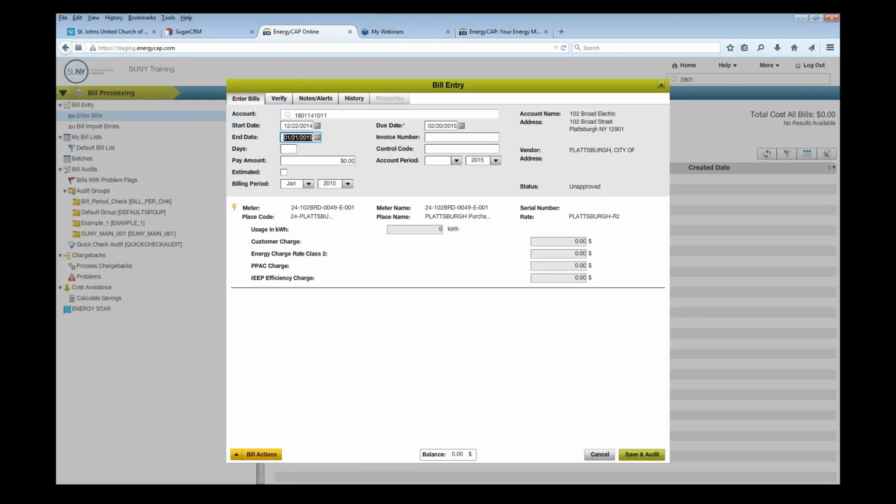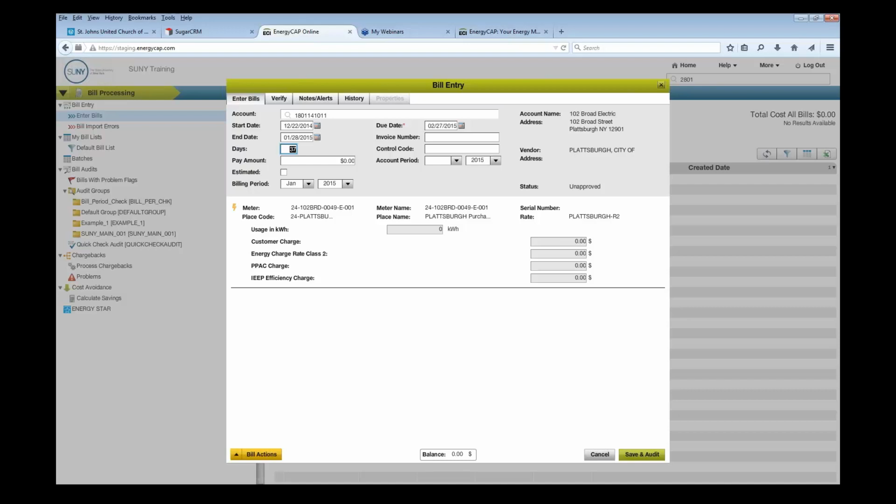If I have the paper copy of the bill in front of me and I'm looking to enter that information, I can enter my start date. So let's say it is actually, instead of 1/21, I'm going to say it was actually 1/28/15. I can enter the 1, the slash, the 28, the 15, tab past that, and EnergyCAP will do a quick calculation for the number of days based off of the end date that I entered. If your bill is telling you how many days are in the period, instead of entering the end date,